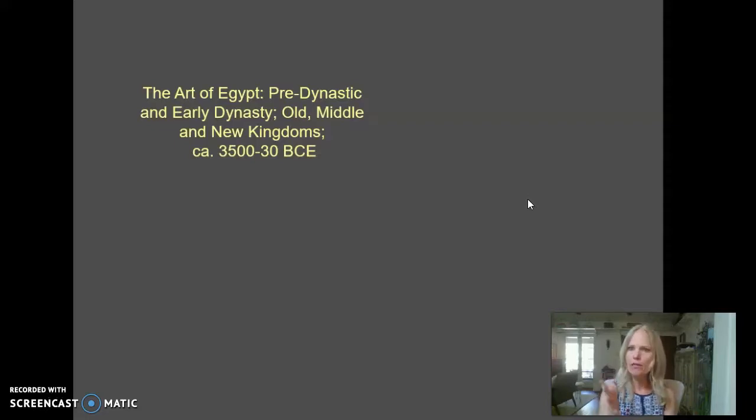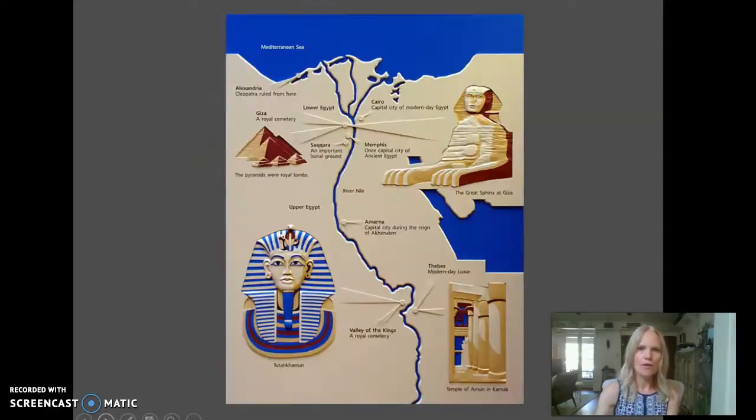So we're looking at about 3,000 or more years of time still in the BC era. Moving on to a map, I love to pull up a map so we kind of know what we're talking about here in Eastern North Africa, where you can find Egypt to this day. There are two regional differences to keep in mind. There is an Upper Egypt that you can find toward the south, and then Lower Egypt is more in the north, where the Nile flows into the Mediterranean Sea.